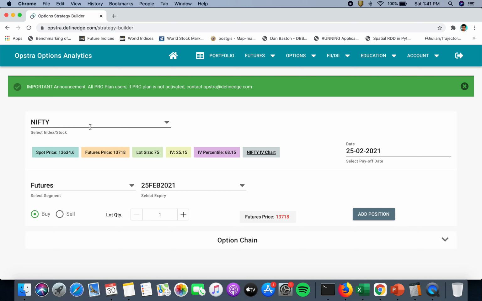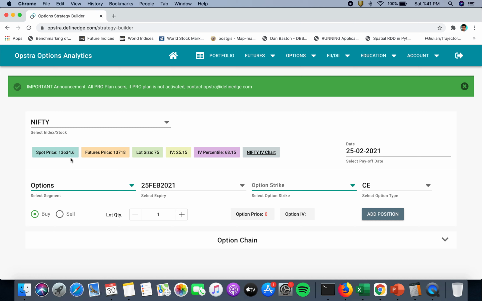So we'll be doing this again for Nifty. You can try this for Bank Nifty as well, but I recommend you to stay within Nifty because it is less volatile, and I highly recommend you not to do this with stocks because there are liquidity issues, and most stocks, especially stocks which are outside of the Nifty 50 segment, do not have liquidity in their options. So please do this only for indices, and that too Nifty.